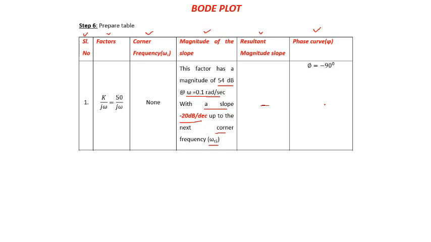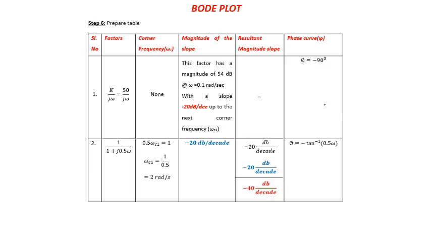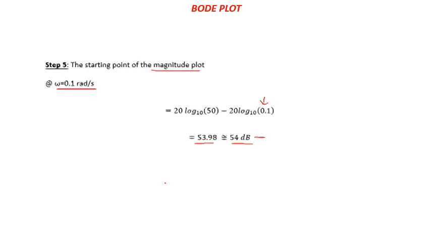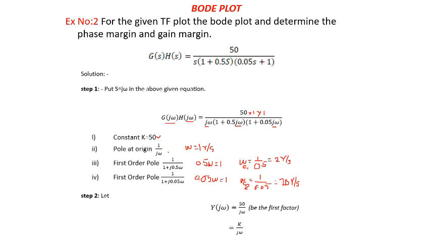Next, coming to filling the second factor, we will be putting it down in the next row itself. Serial number 2, identifying of the second factor will be based on its frequency. So we know the frequency is 2 radians per second. How did we get this one? We got it from here. After this we had the corner frequency. Out of these two, this was the least, that is 2 radians per second, and this was having the factor 1 divided by 1 plus j 0.5 omega. This was having 20 radians per second, hence it is the higher corner frequency, so we selected this one,